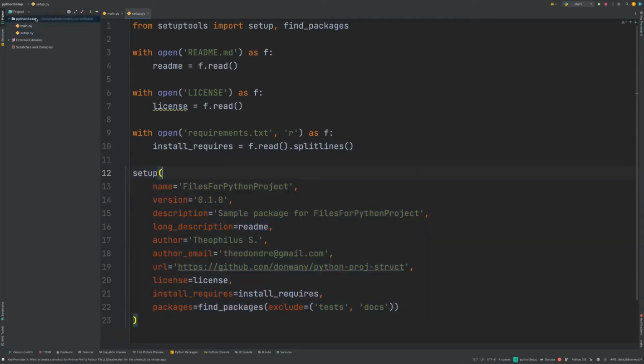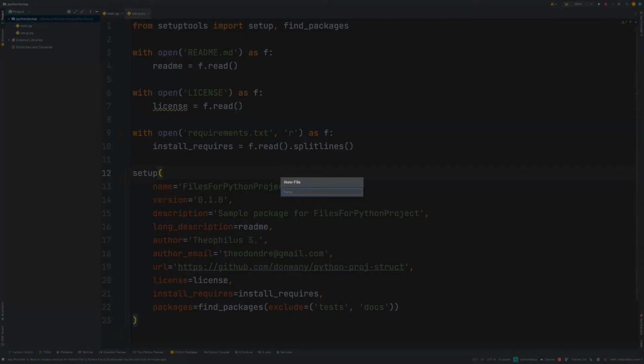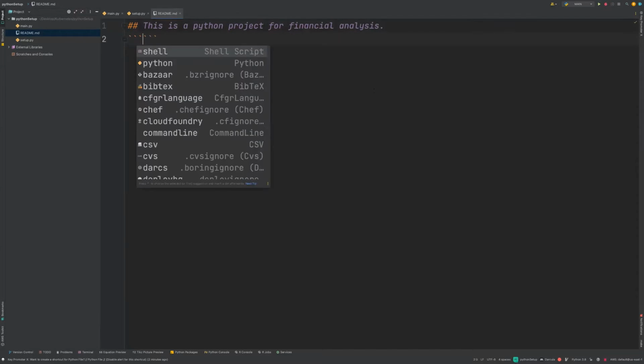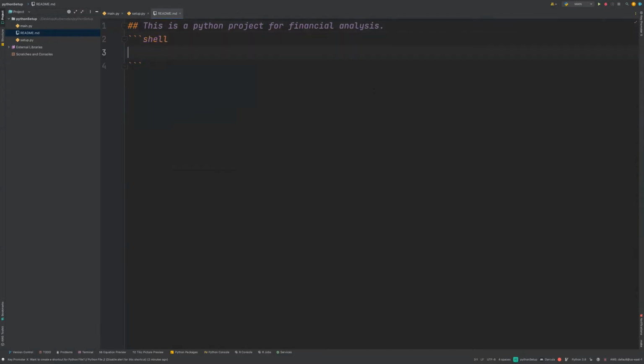Okay, so let's create another file called readme.md, and this file contains all the documentation for your application. So I'm going to say pound, this is a Python project for financial analysis. Okay, and within this file, you can write some